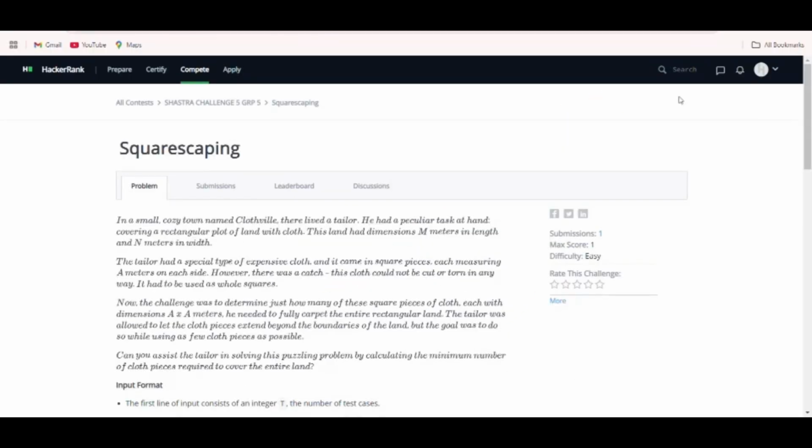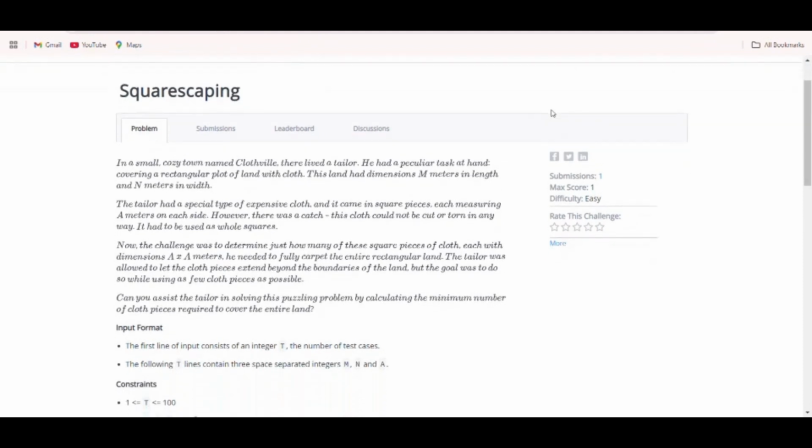The name of the problem is Square Scaping. The problem statement is: in a small, cozy town named Cordvilla, there lived a tailor. He had a peculiar task at hand, covering a rectangular plot of land with cloth. This land has dimensions m meters in length and n meters in width. The tailor had a special type of expensive cloth, and it came in square pieces, each measuring a meter on